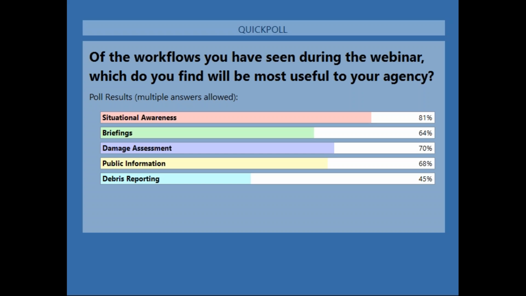Briefings, number 2 or 3 it looks like, and then damage assessment is number 2. So damage assessment is one of the most common requests that we get from the disaster response program, is how to quickly stand up a mobile application to support that. And I think the benefit, as we just described to WebGIS, is that same kind of environment to WebGIS